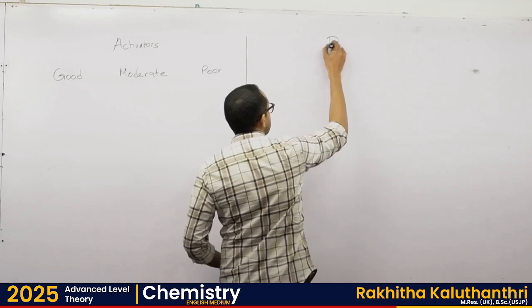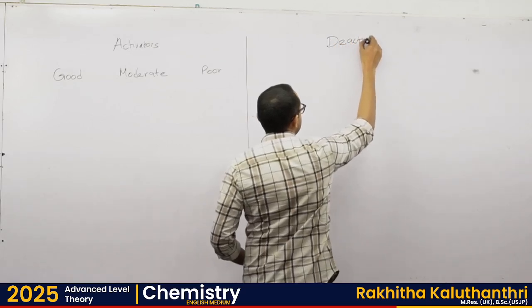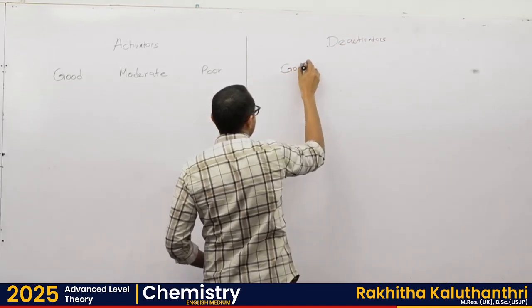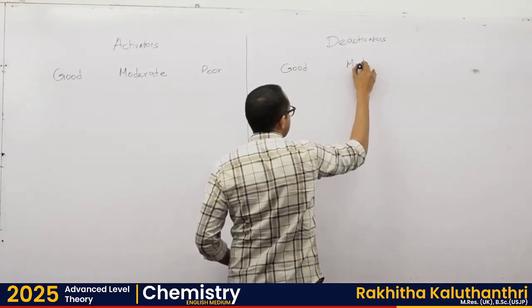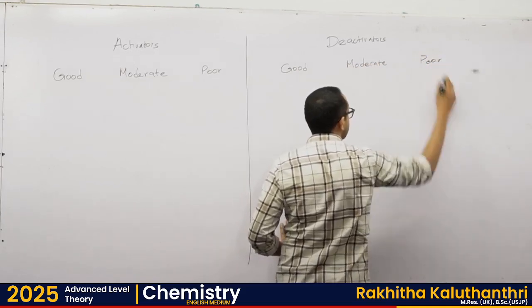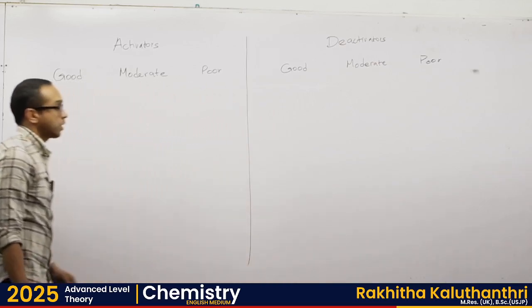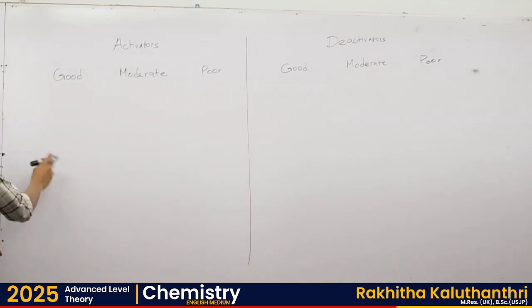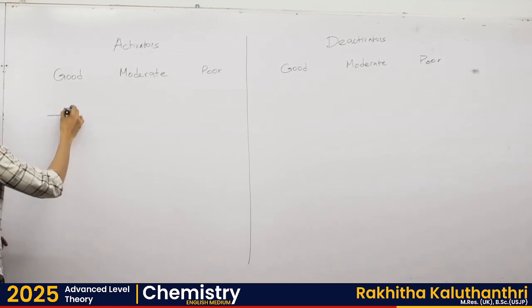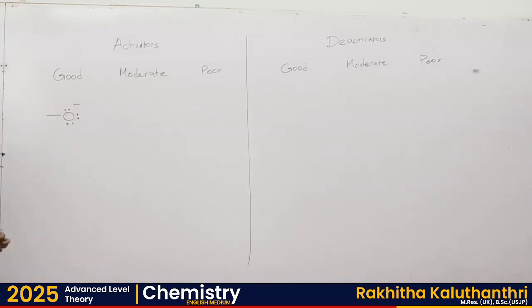Then we have deactivators. We have good deactivators, moderate deactivators, and poor deactivators. Right? So under that, so students, listen. Don't need to rush. So if you take oxide groups, they are very good, very good activators. And then we have